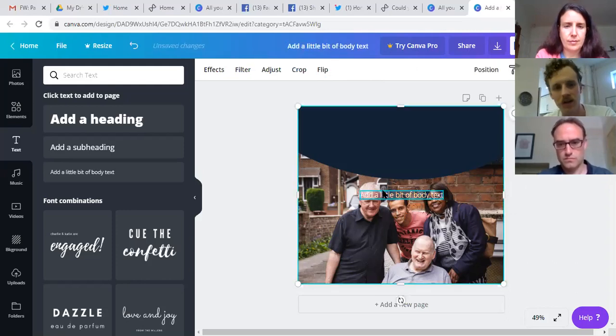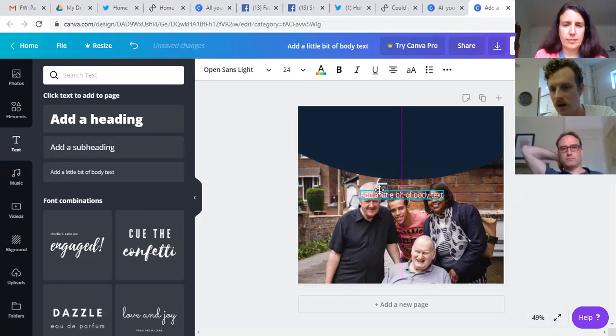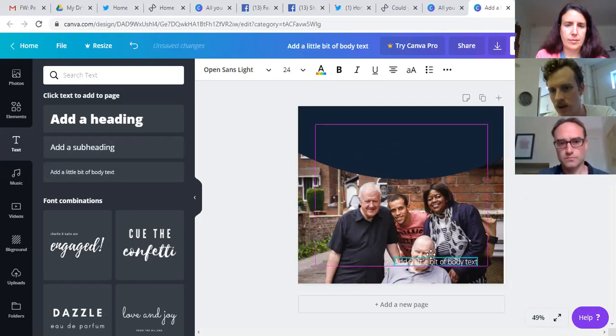Now, when you've clicked that, which we did, it automatically appears dead center in the picture. Again, we want to move this around. We want to be able to manipulate it. So just click and hold on that body of text, and then you can just drag it to wherever you want it. And really helpfully, see these little purple lines that are cropping up there to help you try to center the text.